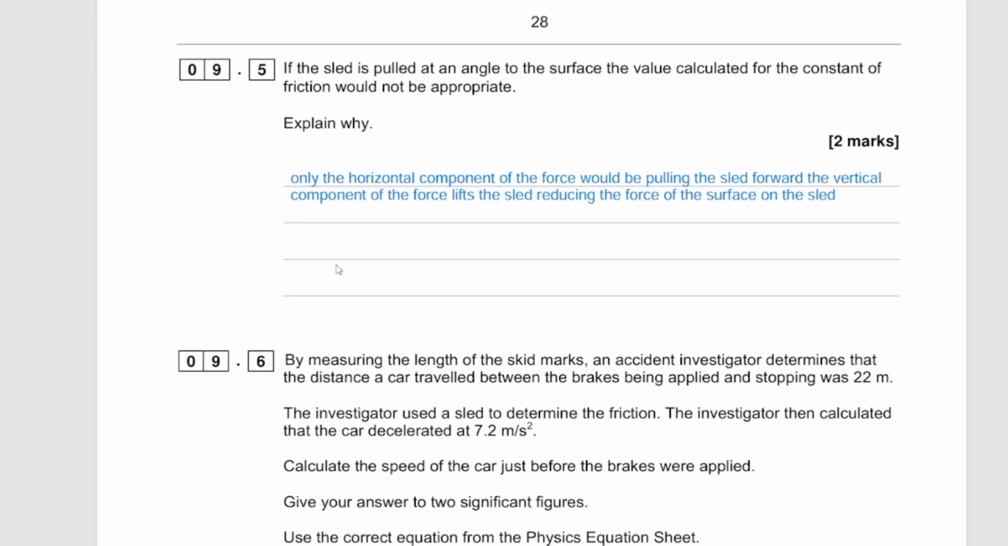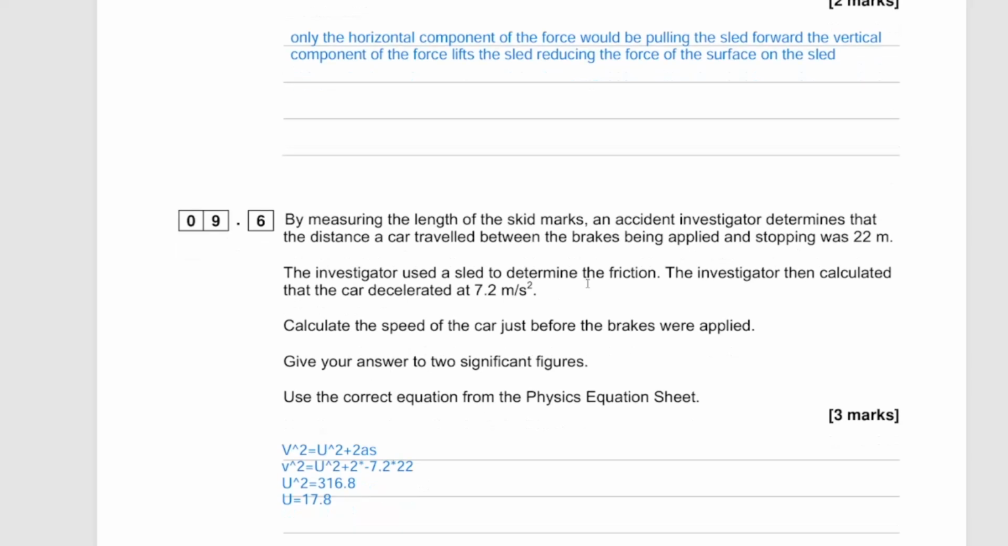And then for 9.6, by measuring the length of the skid marks, an accident investigator determines the distance the car travelled between the brakes being applied and the stopping was 22 meters, and then they just give you a bunch of things and expect you to use your formula book. Because it stopped, the final speed was 0 meters per second, and we have the deceleration and we have the distance, and we have to use one of the SUVAT equations from the A-level physics formula booklet. What we do is v squared equals u squared plus 2as, and because v squared is 0,